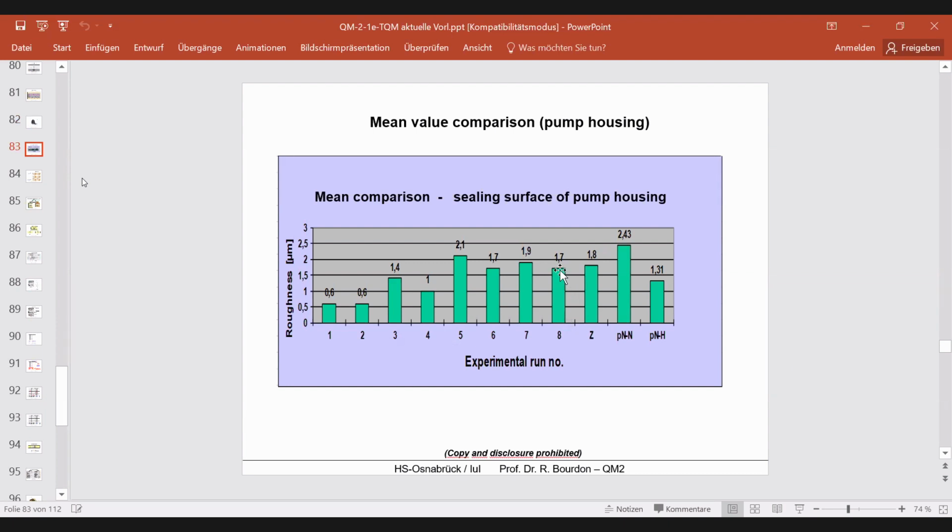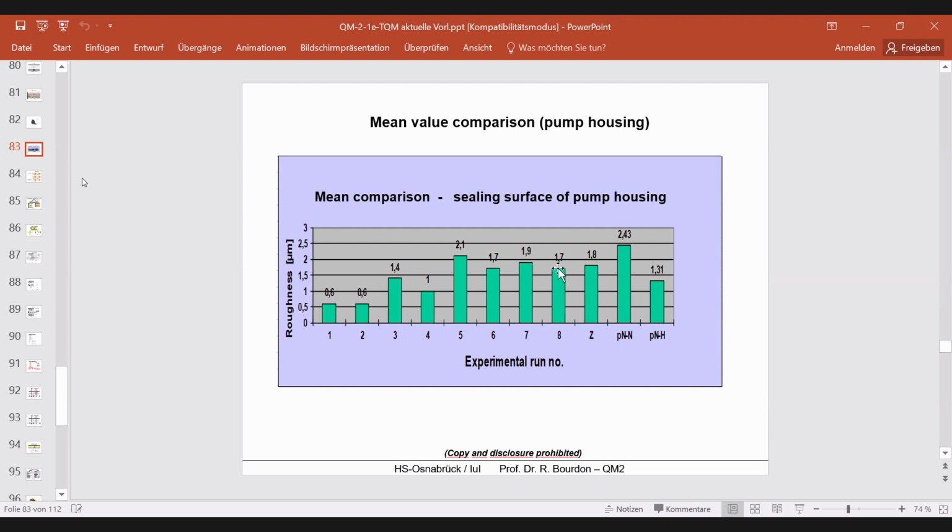3 factors are changed in the setting, and they have 2 levels of setting, a low level and a high level. And these are the effects. These are the results of the 8 experimental runs. And you see the roughness is very low at 2 experimental runs, but the other experimental runs have